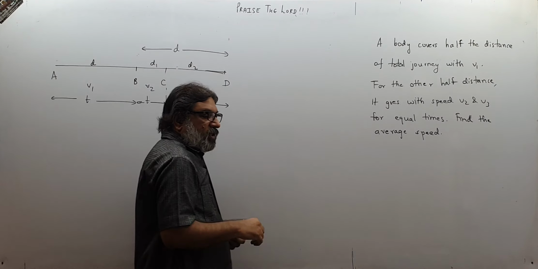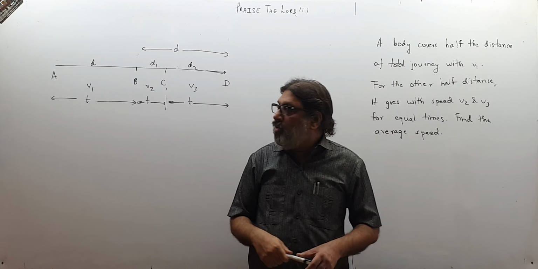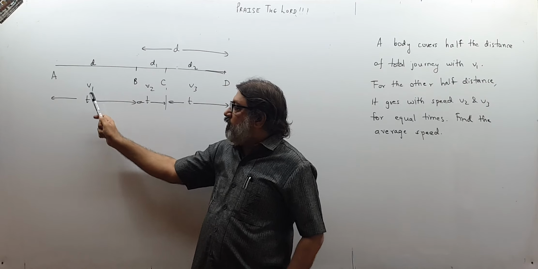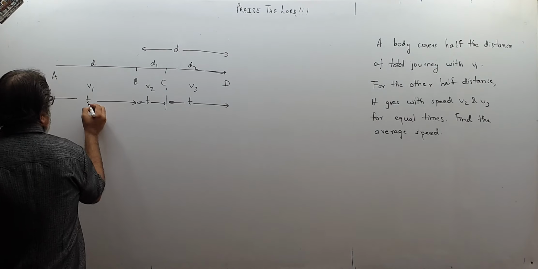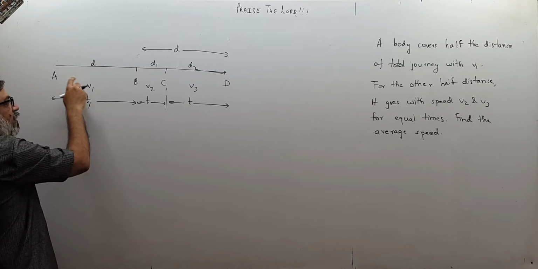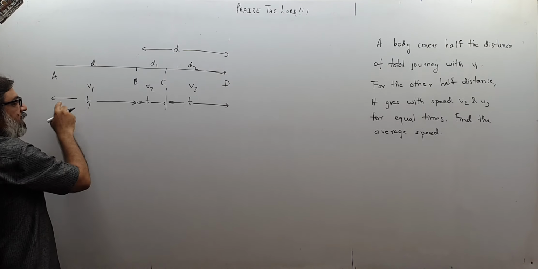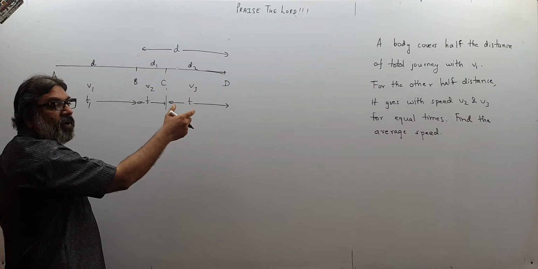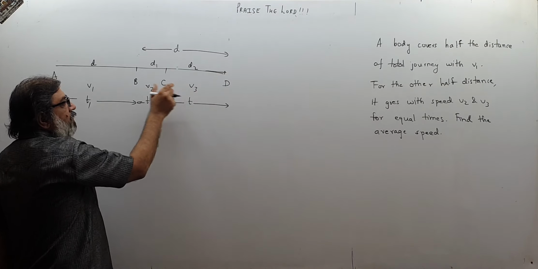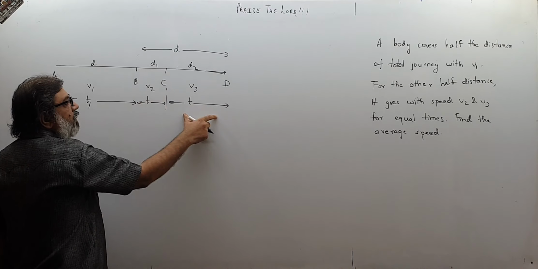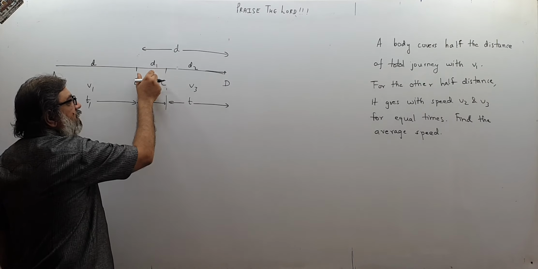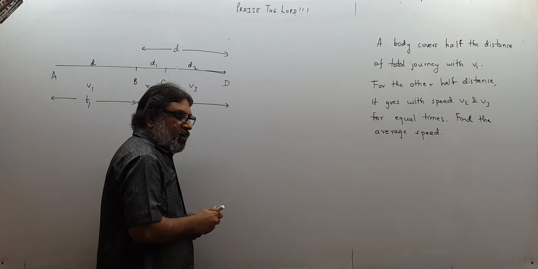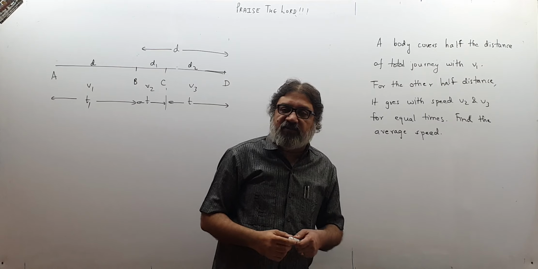So now this is our question. Now you know all the things. For d distance from A to B, it went with speed v1 and it took time, t1 supposing. For d distance, speed was v1, time was t1. From B to D, it was divided into two parts, BC and CD. BC and CD times are equal, velocities are different, distances are different, and d1 plus d2 is d, that we know. We want to find the average speed for the entire journey.